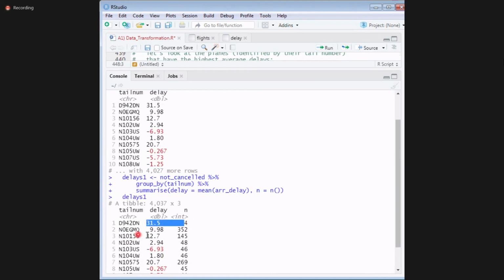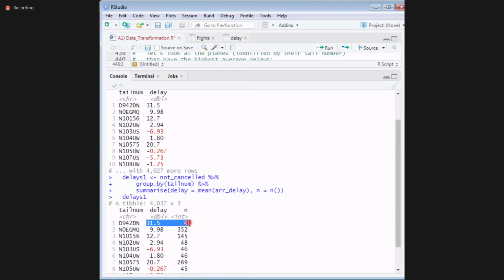But if you look carefully at this flight, N0Q, the delay is only 9 or 10 minutes, but how many times has it traveled? It has traveled 352 times. So this is acceptable, this is acceptable, this is not at all acceptable.